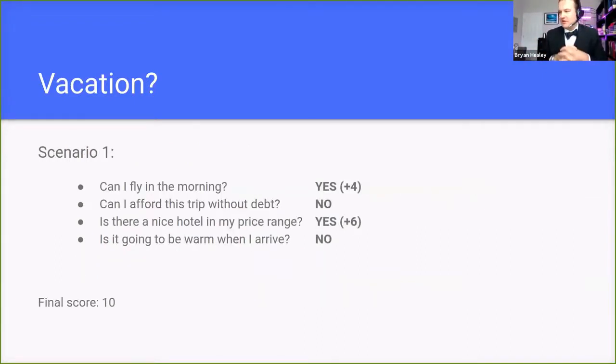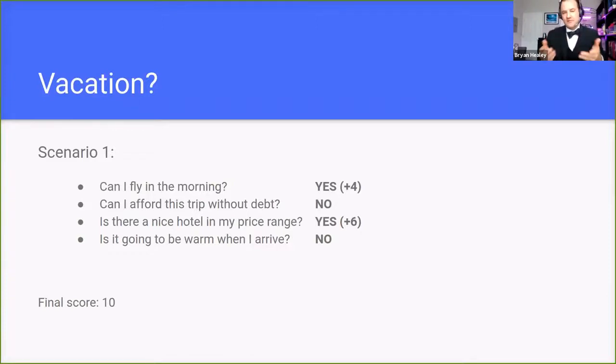So now what I'm going to do is give them a scenario, and tell them the answers to a couple of those features. And what they don't know is I actually have the answer to this scenario. I know what I would do if this was my situation, but none of them do. And so I'm going to say to the first person, can I fly in the morning? Yes, I can. Should I go to Paris? And that person is going to decide on their own. Okay, is this important? Well, I gave it a weight of 4, so I'm going to pass on weight 4.